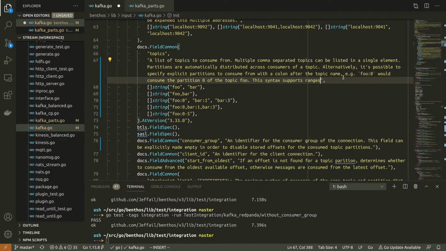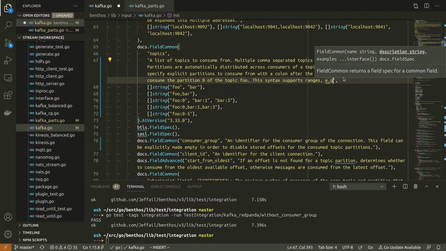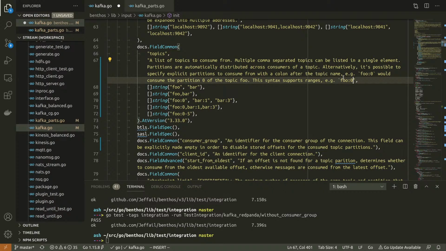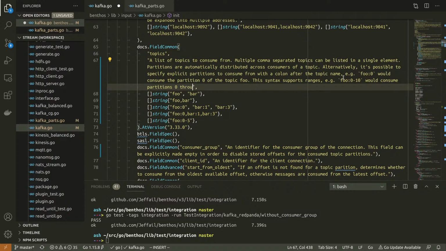This syntax supports ranges, e.g. foo:0-10 would consume partitions 0 through to 10 inclusive. Now, that's a long description of a field, but I think it's fine. Yeah, I think this is fine.